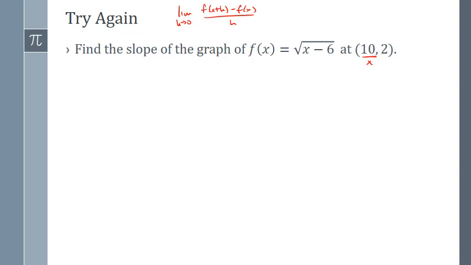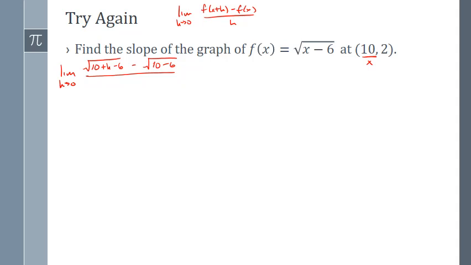So the limit as h goes to 0 of the square root of 10 plus h minus 6 minus the square root of 10 minus 6 all over